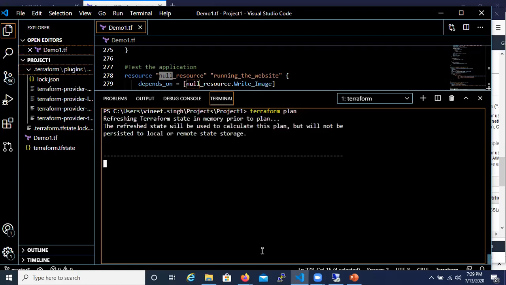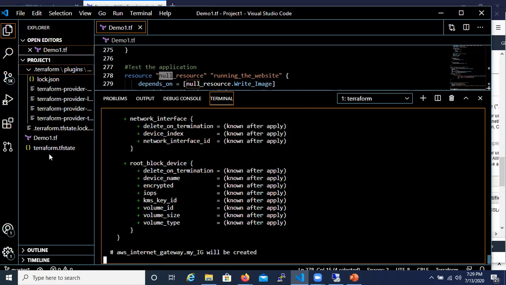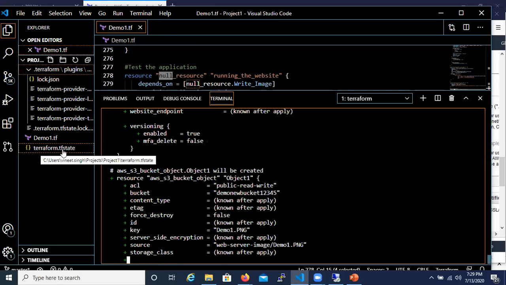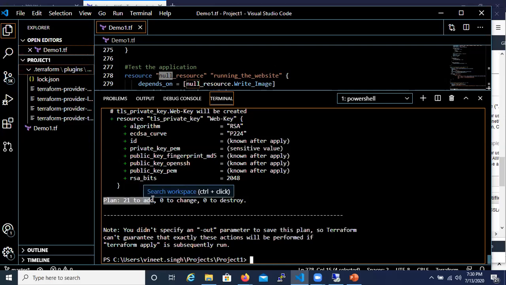And if you see closely on the left side, it has created a Terraform state file, which basically lets Terraform know the different components that are going to be deployed. Here it is showing that 21 resources are going to be added.